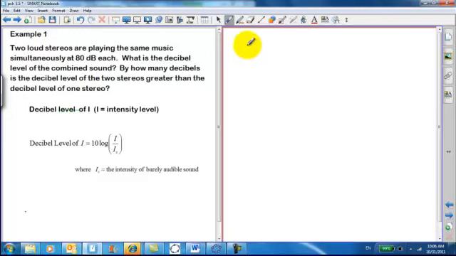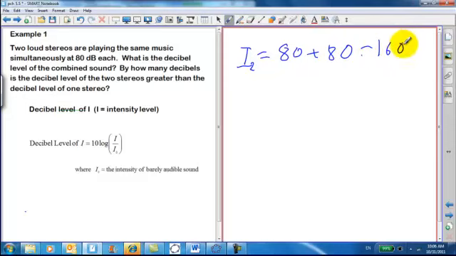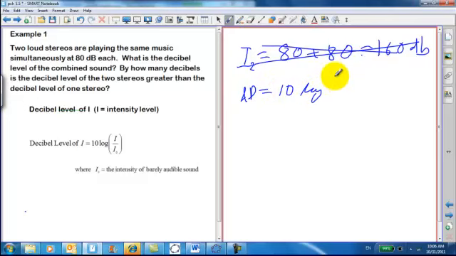So when you look at this problem, 80 decibels, the new intensity, is two stereos. The intensity of two stereos is 80 decibels plus 80 decibels is 160 decibels. That's what you might think, but decibel level doesn't work that way. First of all, the decibel level for one stereo is 10 times the log of the intensity over the initial intensity. So when you have decibel level of 80,